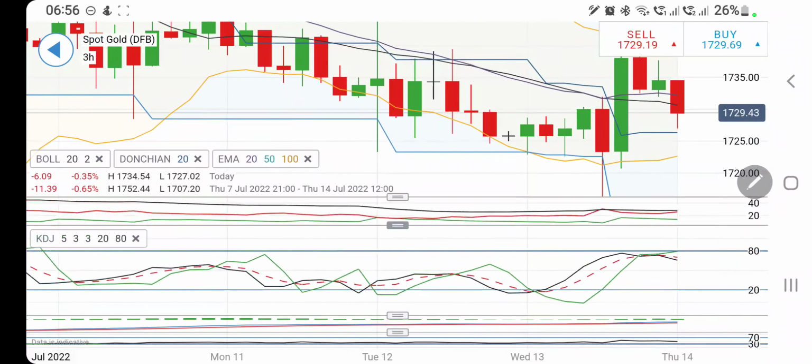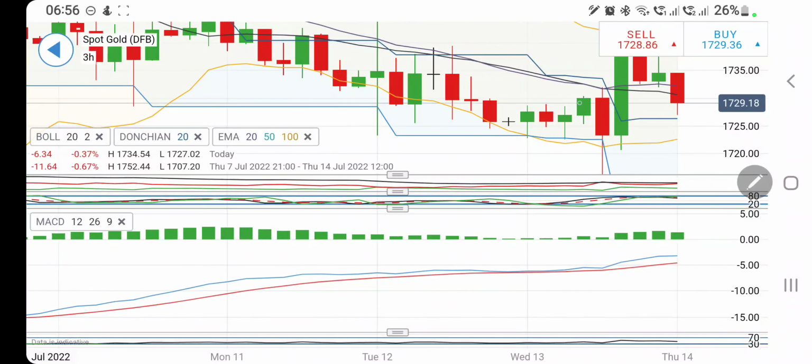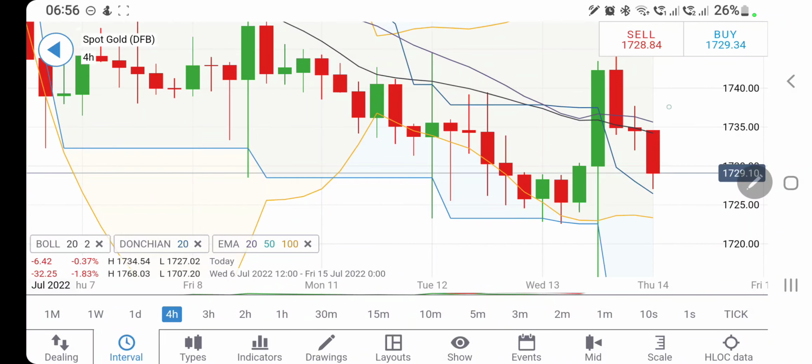It is divergent. The stochastic is near the top, now looking downwards. The MACD is in green, trying to converge here and crossover for a sell. RSI is looking downwards here. And if you look at the 4-hour charts, you will find that